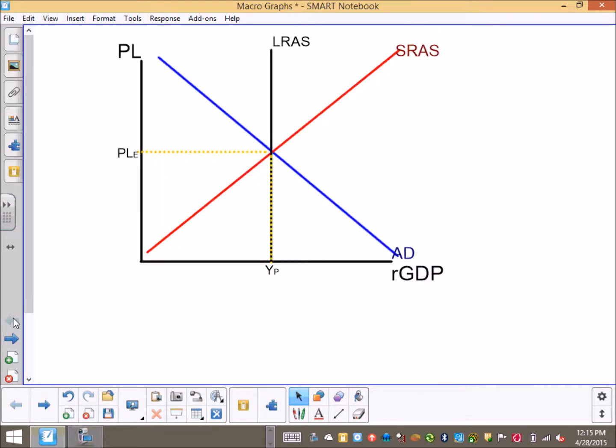as we said, as I make this go away, so we go back to here, how can I move our long-run aggregate supply? One way would be to do what? Well, add capital. Okay, so if I simply give more capital per worker, I can grow long-run aggregate supply, which short-run and demand could move with it similarly.